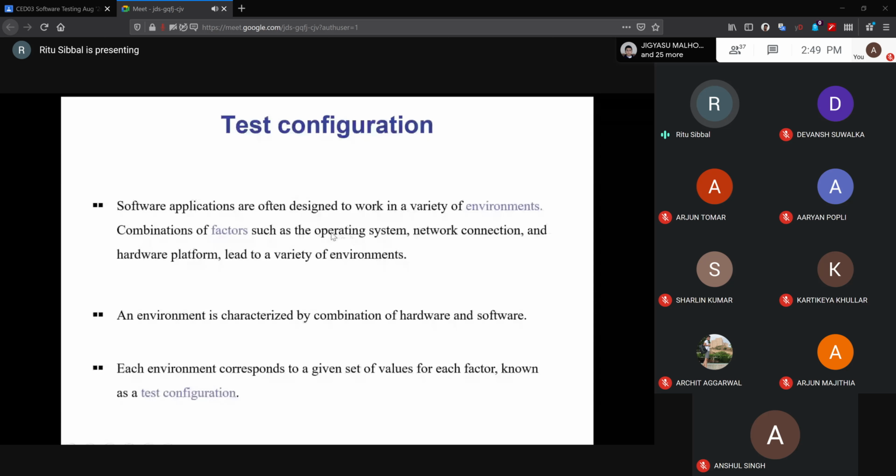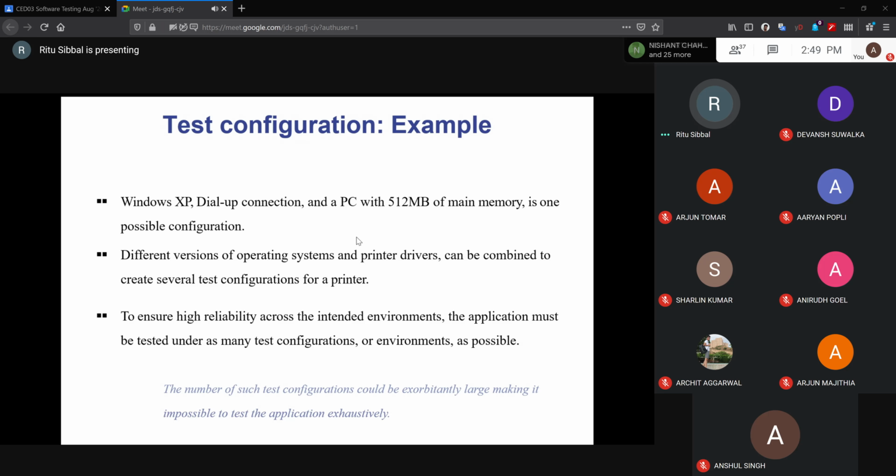So basically, you have factors. The different values which these factors will take will form different test configurations. All right. So if we want to ensure a high reliability, we must make sure that the application is tested under as many test configurations. Okay. So now if you see that number of test configurations can be exorbitantly large,